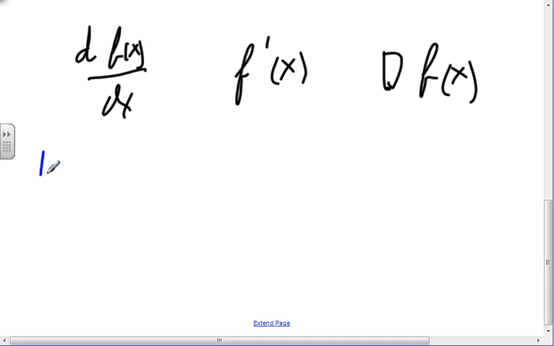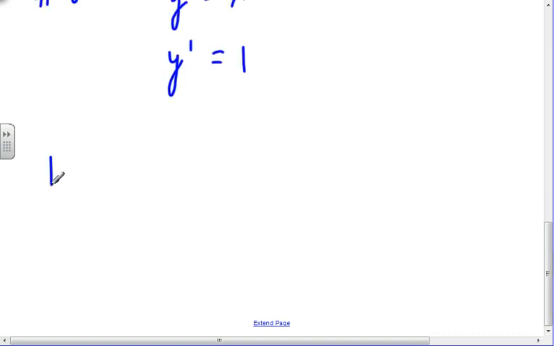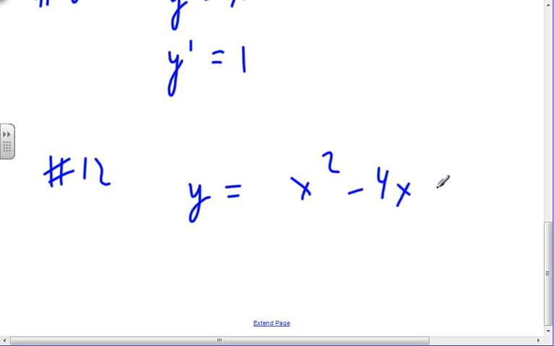Back to number 8. Y is equal to x. Y prime is equal to 1. Number 12. Y is equal to x squared minus 4x plus